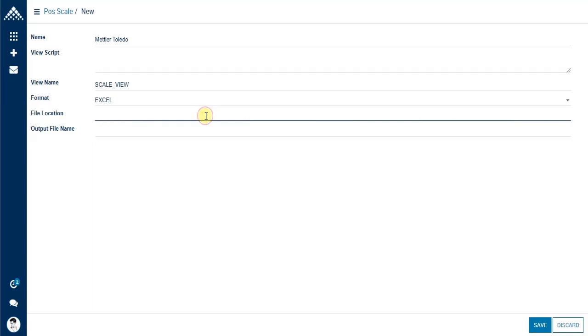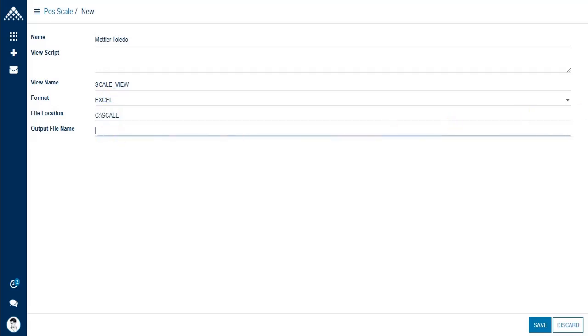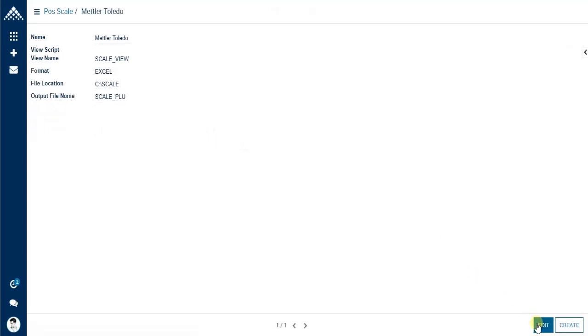So for this example, I will specify C colon backslash scale. This is the location where this file will get generated and saved. And here I give the file name. Once it is generated, it will be saved as the file name which we specify over here. Then once the setup is done and you save it, that's it, you are done with the setup for the POS